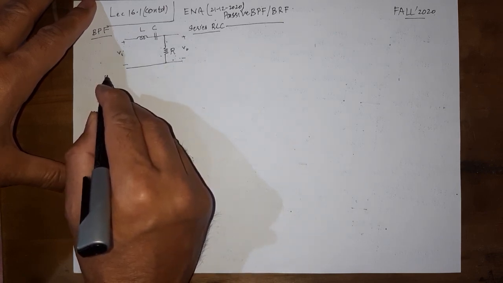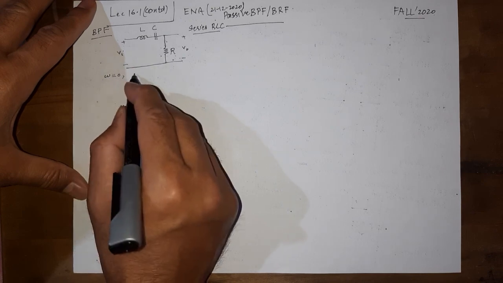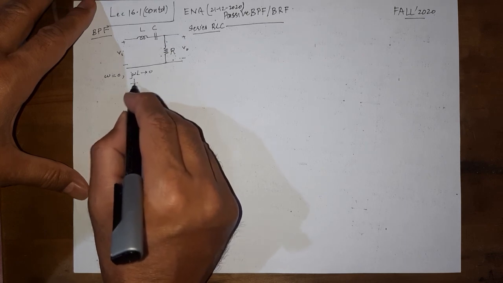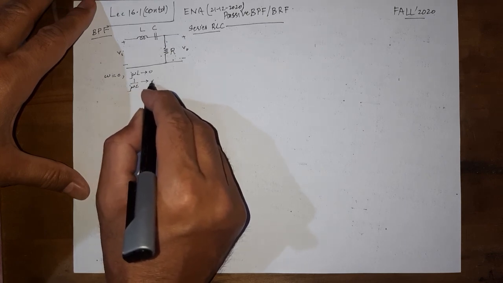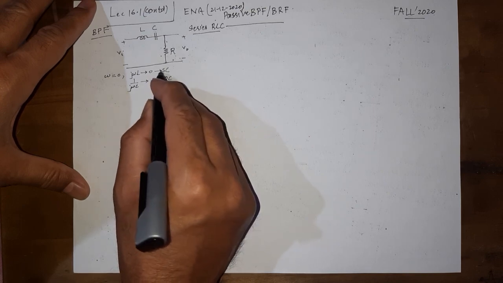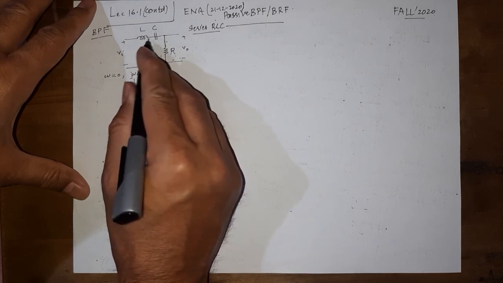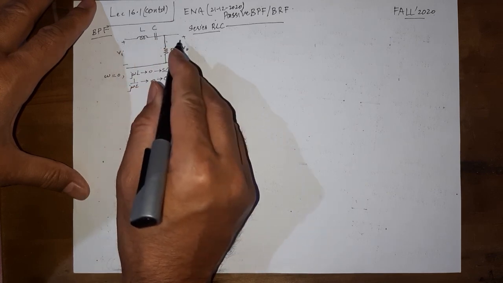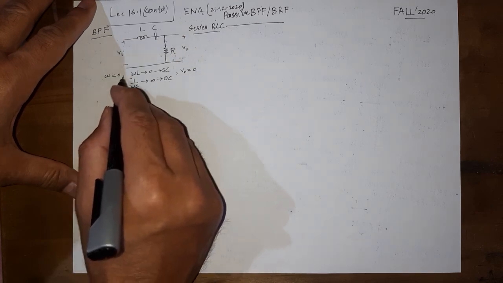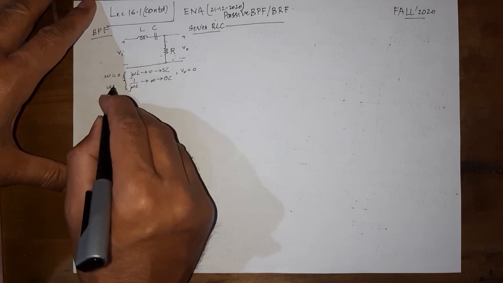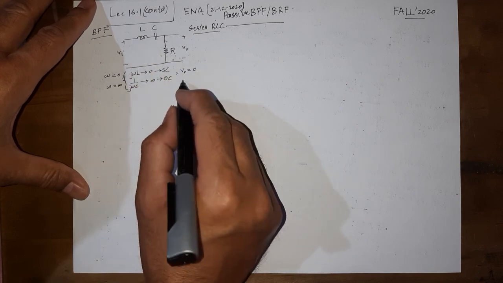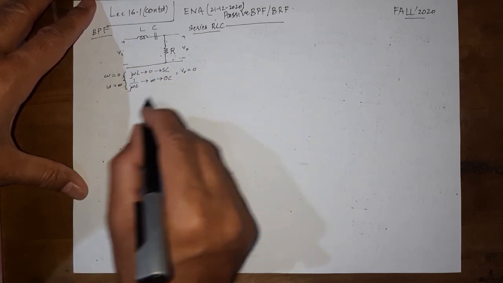So what is going to happen when omega is 0? J omega L would be 0 and 1 over j omega C would be infinity. So this is going to be a short circuit, this is going to be an open circuit, but they are in series. It means there is an open here. So the input voltage is not going to get to the output, and output voltage would be 0. The same thing is going to happen when omega is equal to infinity as well. This is going to be infinity, this is going to be 0. Again the same thing. So in both of these cases VO would be 0.